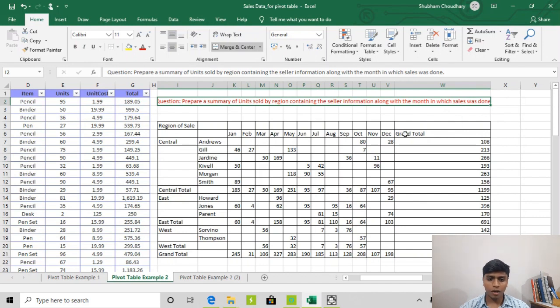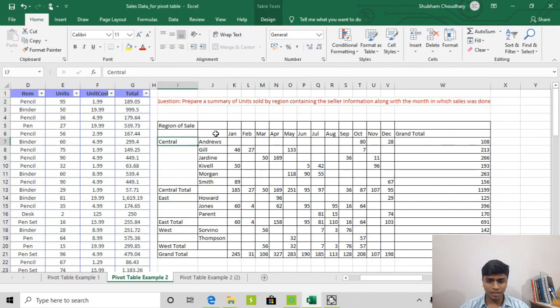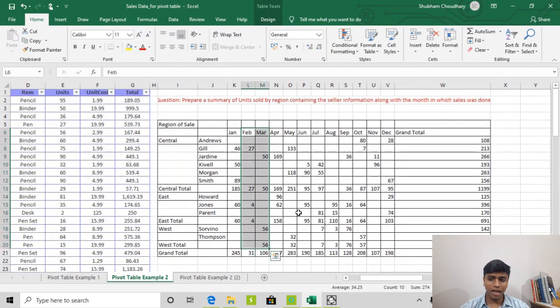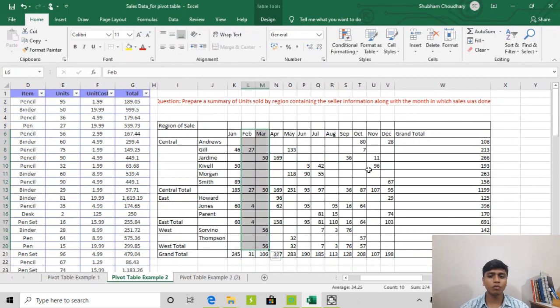So friends, now we have to make data in which we have the region along with the seller name along with the month in which the sale was done. So this is a bit more complicated than what we had in the previous case.